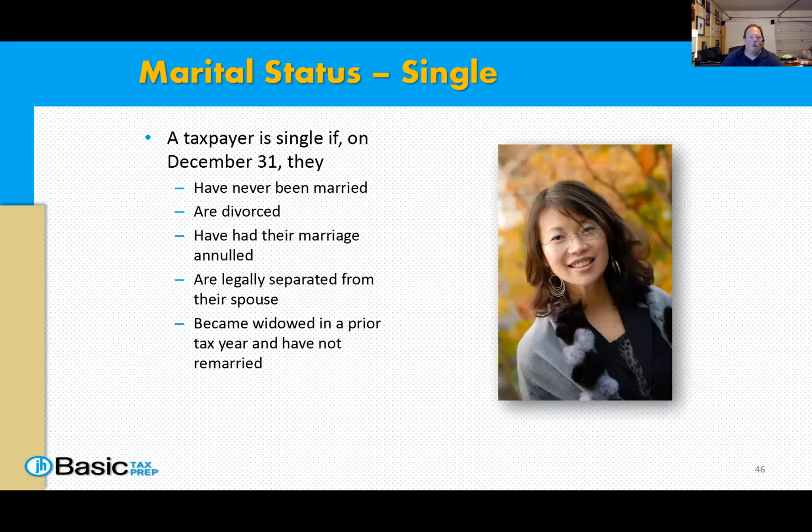Okay? Now, what will happen to determine if a person is single? All right? The biggest thing is, what were they December 31st? December 31st will determine what they were for the whole tax year. It doesn't matter what they were on January 1st. It doesn't matter what they were on January 15th, March 15th, doesn't matter, okay? If they are married during that year, they are considered married for that entire year. Okay? If they are officially divorced anytime during that year, they are officially divorced for that entire year.